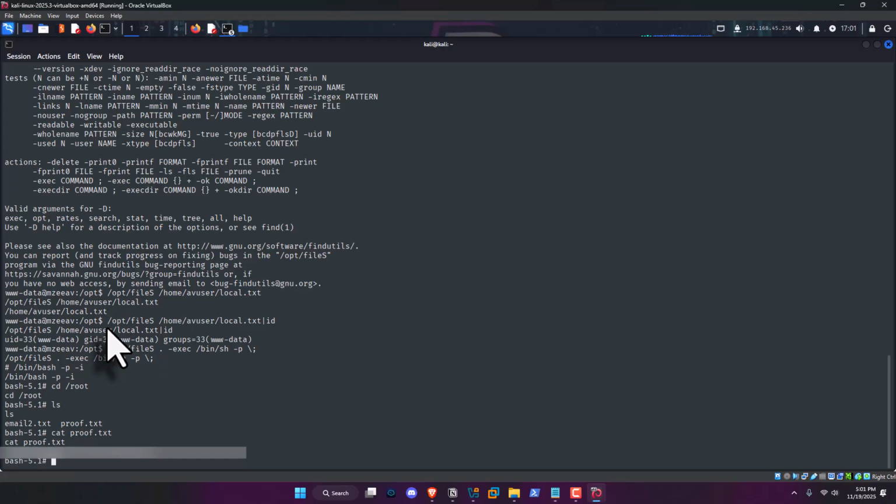And there's the flag. So although we got through this machine in less than 15 minutes, it took me a little bit to figure all of this out. I spent a lot of time before I figured out that this binary was actually just a variation on the find utility. So don't feel discouraged. Also, it took me a while to figure out that 4D5A wasn't going to work, and I had to use